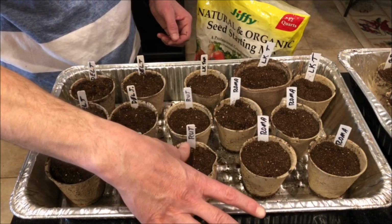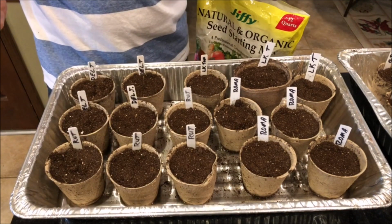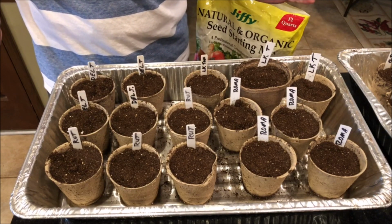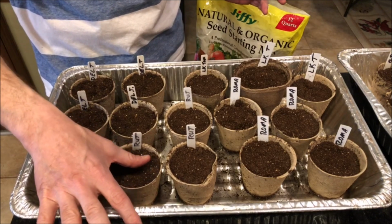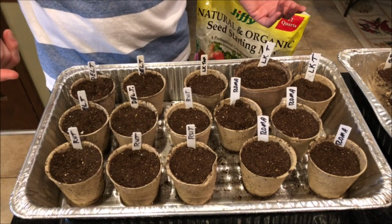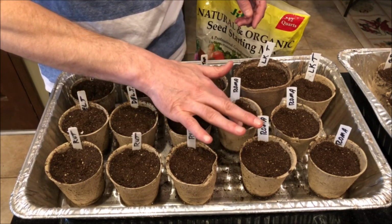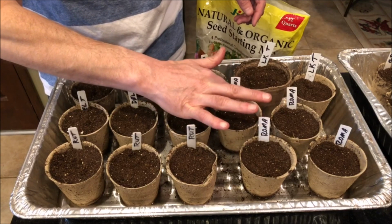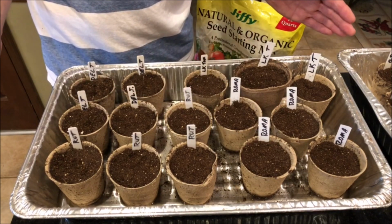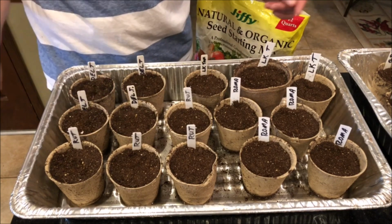But our frost date is usually late March, mid-April. I've seen ice storms in April before in Georgia, but last year I think it was probably the 25th of March or something like that, so we were able to get our plants out earlier. So once it gets to be late March, and I think these are strong enough, and I can see the 2-week forecast that shows me there's nothing coming,